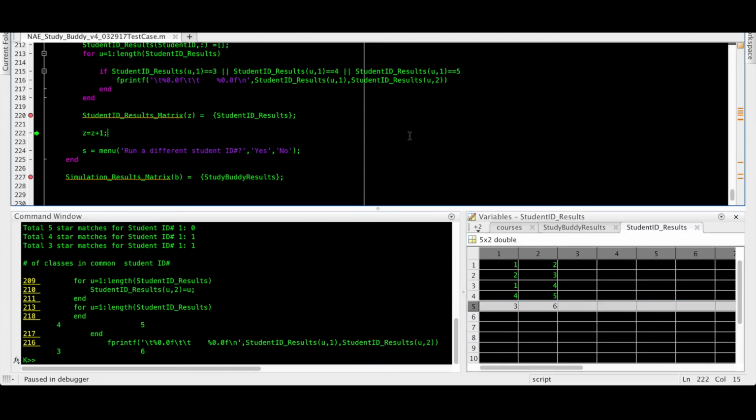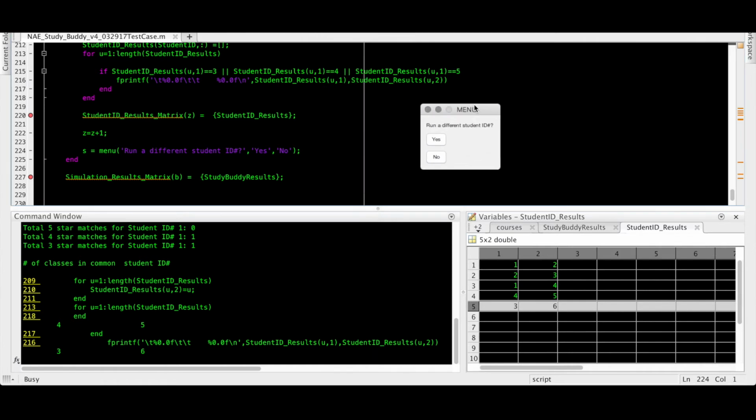Once that is completed, the program will ask if we'd like to run another student ID.